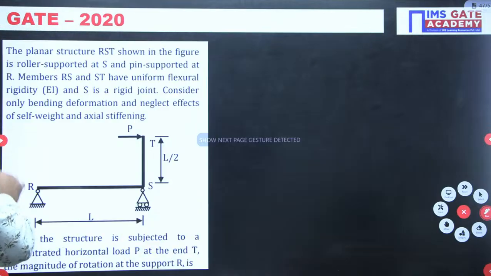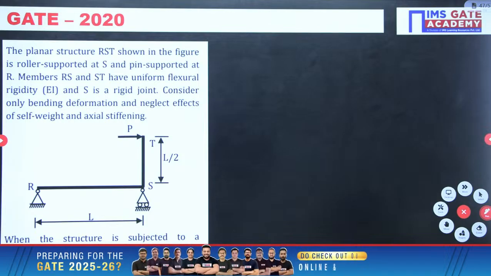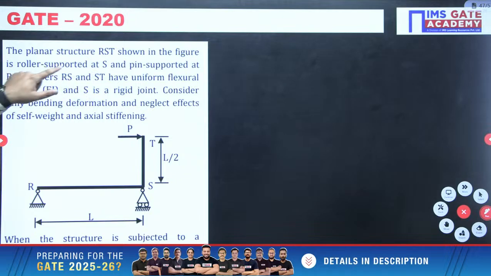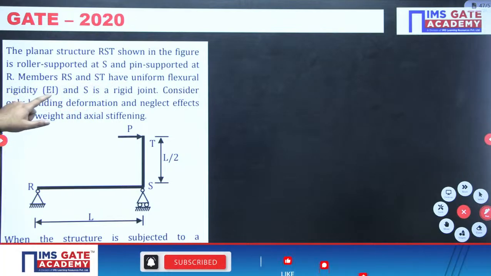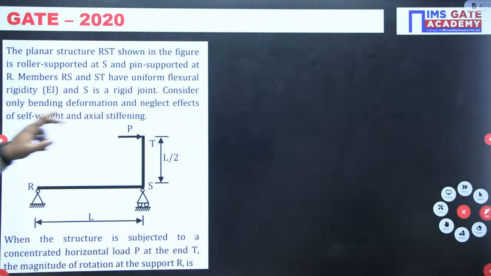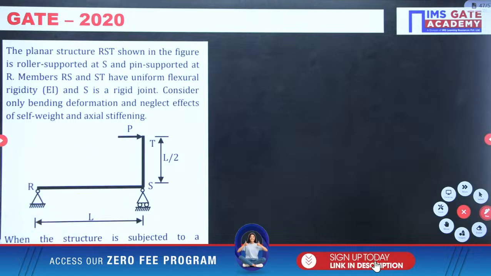Okay. Let's move ahead. Let's try this question. The question is saying that the planar structure RST shown in the figure is roller supported at S and pin jointed at R. Members RS and ST have uniform flexural rigidity and S is a rigid joint. Consider only bending deformation and neglect the effects of self-weight and axial stiffening. When the structure is subjected to the concentrated horizontal load P at end T, the magnitude of rotation at the